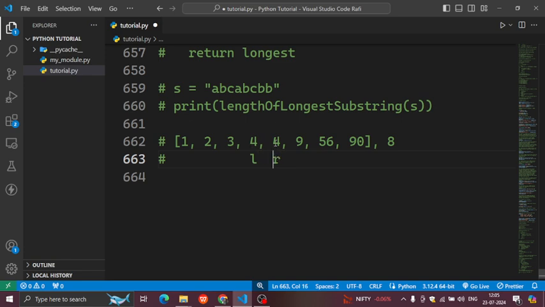Now we are here at this position. 4 plus 4 is 8, it is equal to the target value, so we simply return the indices where these elements stay. So index of this element is 0, 1, 2, 3, so we add 1 to it, we get 4, and index of this element is 4, plus 1, 5. So the result will be 4, 5. That's what we have to do basically. So this is also known as the two-pointer approach, because essentially we have two pointers, left and right, and we are making use of them to find a result.